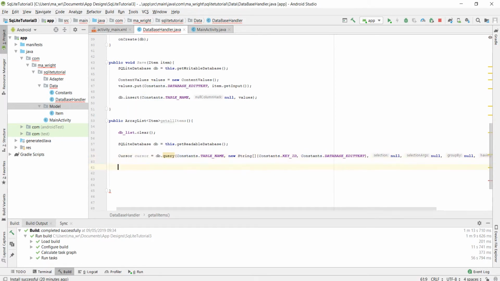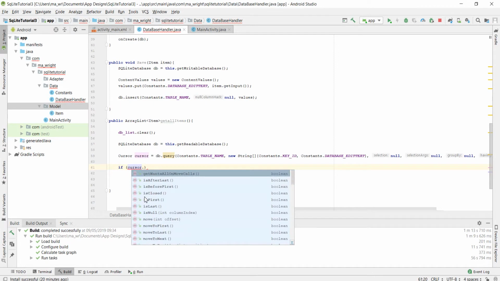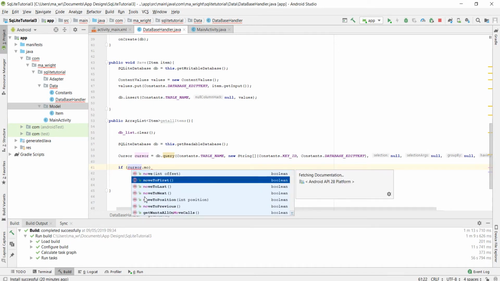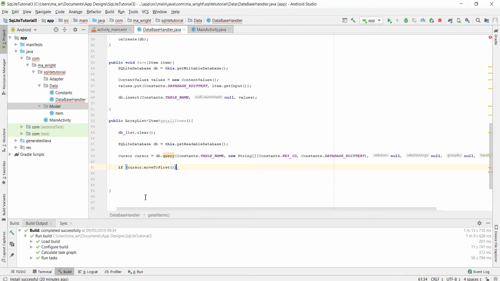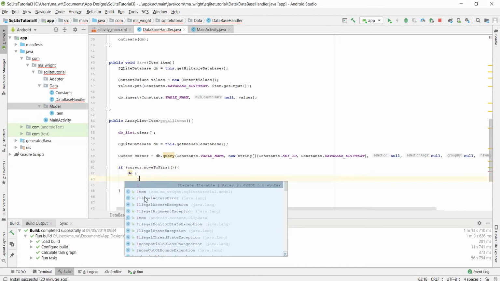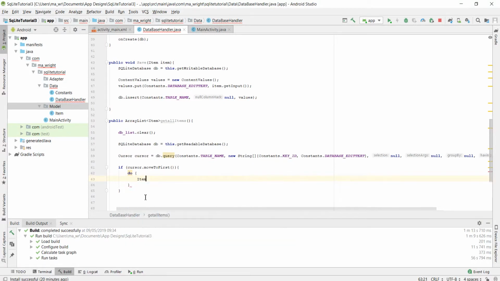What we can do now is we have to have a loop to move the cursor through the database. So we say if cursor.moveToFirst, then we need to do the following. So do, we say item equals new item,